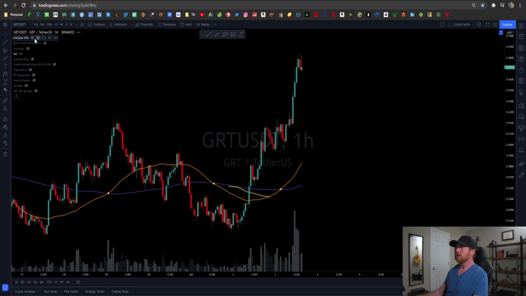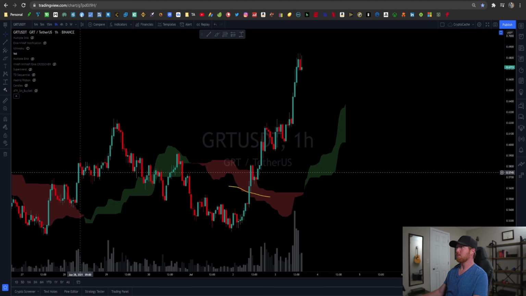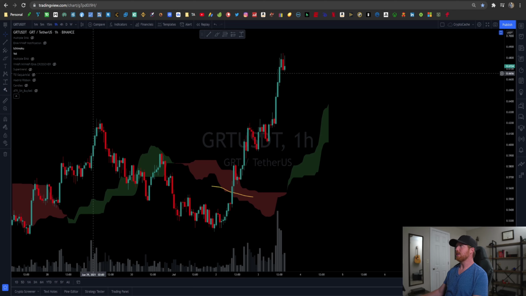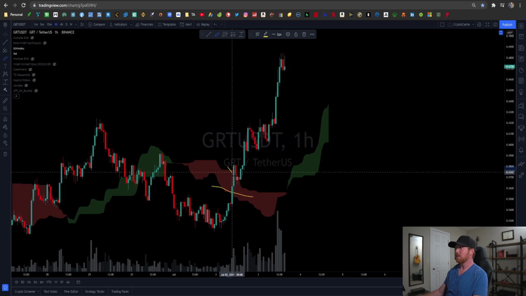All right, so let's take a quick look at the 1-hour chart. And what we do is we take just a peek at the Ichimoku Cloud. This kind of goes without saying. You can see the price is over the cloud right now. So that, again, is another indication of a buy signal. And look at this. Here's an interesting coincidence.